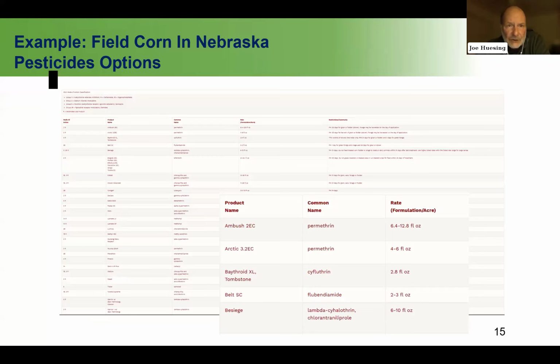This slide is meant to show you just one thing. If you went to the state of Nebraska and you had an infestation of fall armyworm in your field and you wanted an intervention, you would go to a website and you would pull up somewhere on the order of 25 different pesticide solutions that you could use. So for example, I just blew this up here. You got chlorantraniliprole, for example, is a very common seed treatment that's used, might have been one of the options. Next slide, please.